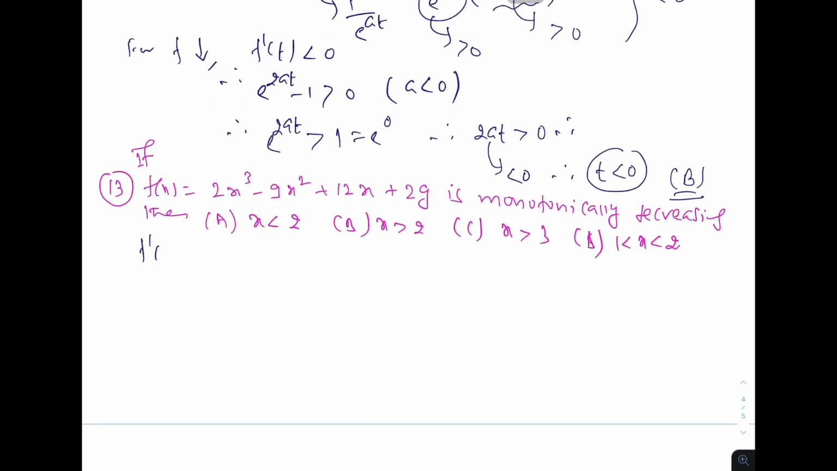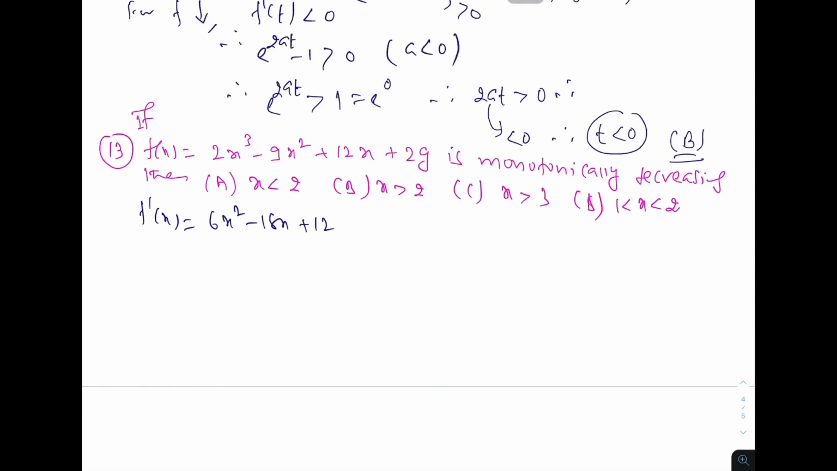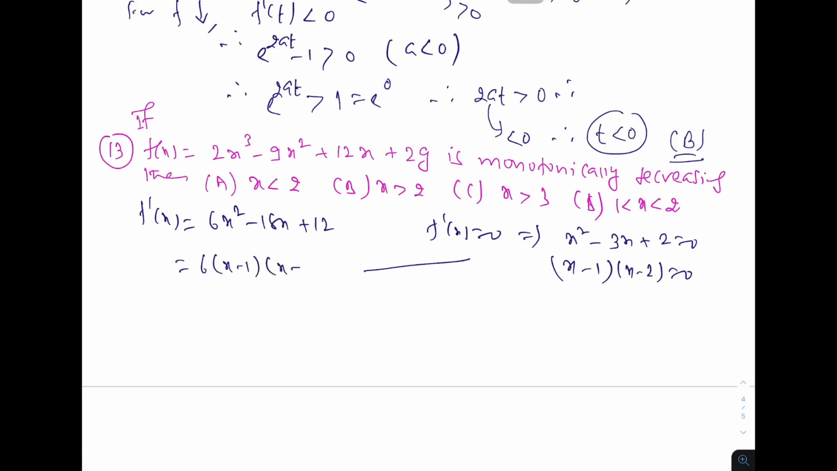Now see f dash x. So f dash x is 6x square minus 18x plus 12. Now we can factorize this. So f dash x is 0 will imply x square minus 3x plus 2 equal to 0, (x minus 1)(x minus 2) equal to 0. So this is equal to 6(x minus 1)(x minus 2), and we all know to do this process,